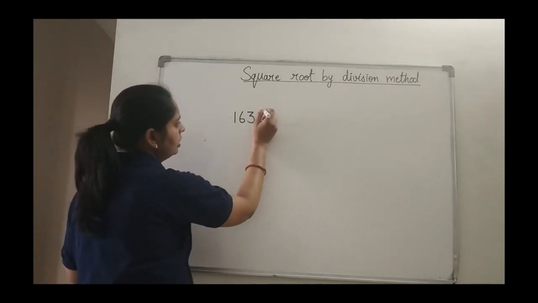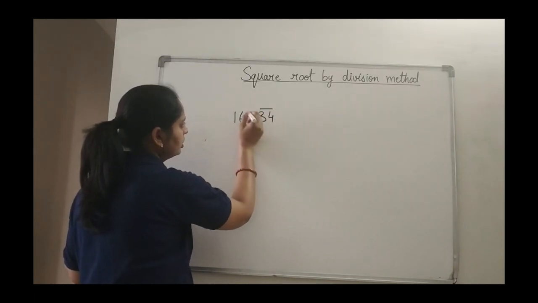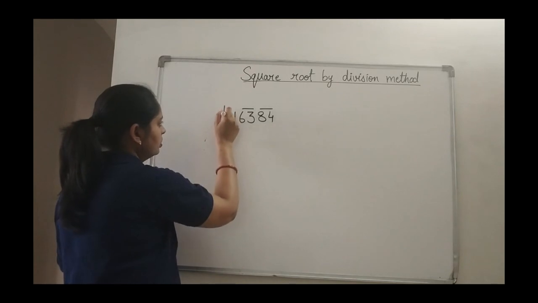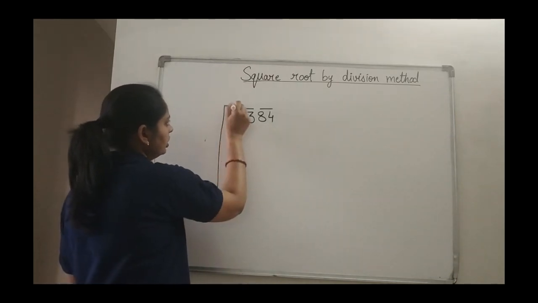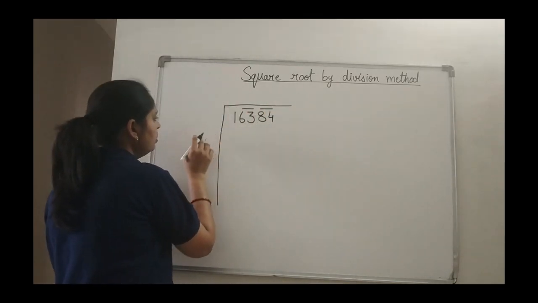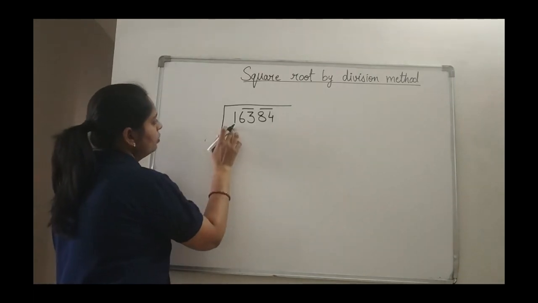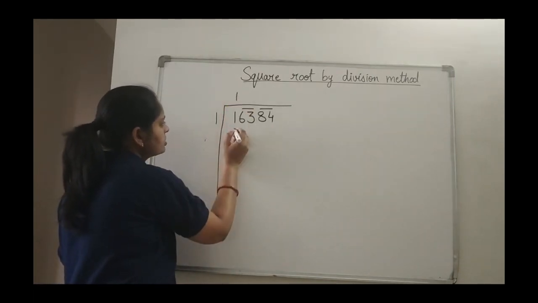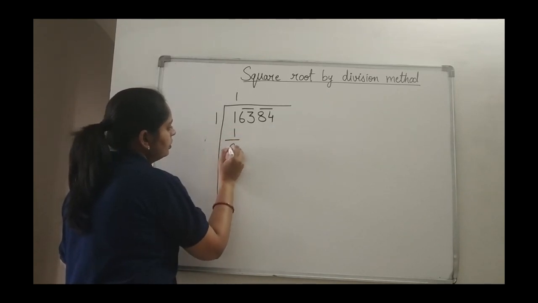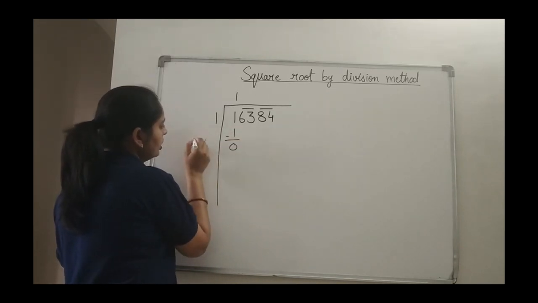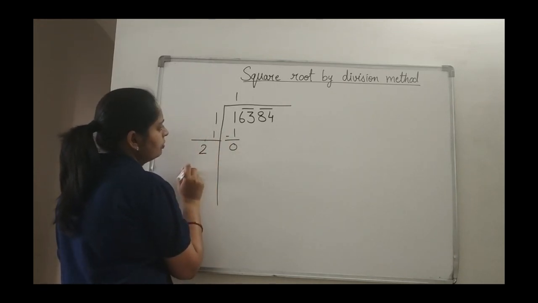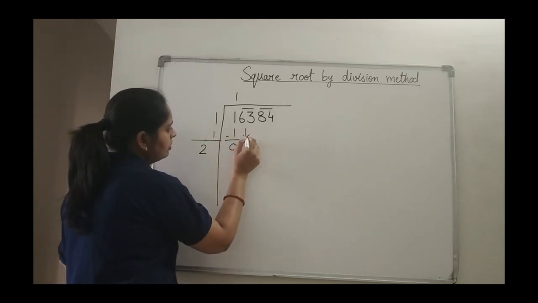See again. Again we will do the pairing. From the right side only you have to do the pair. One is left alone. So you have to just see that the number is left alone, then you have to handle it in that only. 1 is there. So obviously 1 is a perfect square number. 1 1 is 1. So when we have done subtraction, 0. And this side 1 plus 1 will give you what? 2.